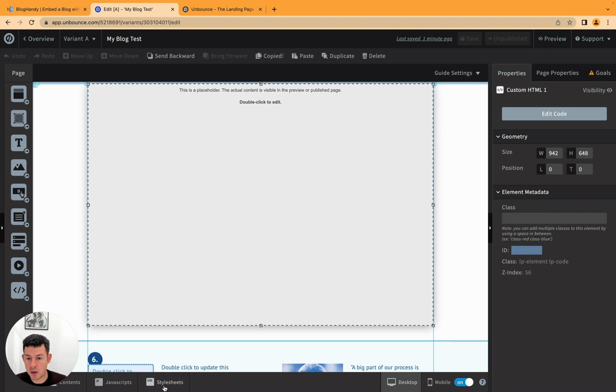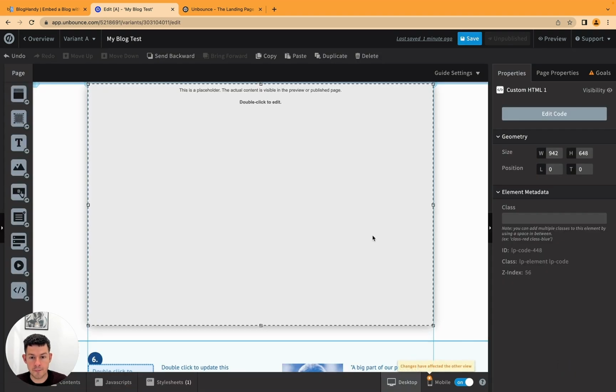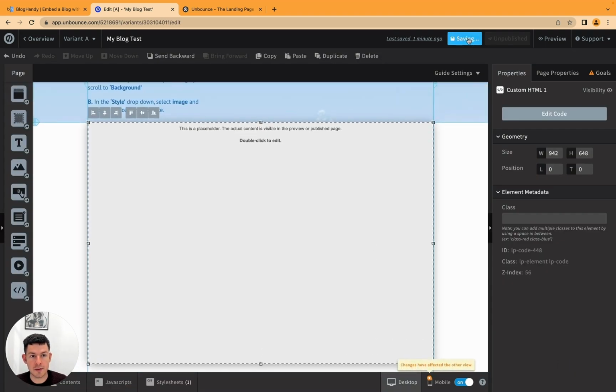And then we have to go at the bottom under style sheets. And here we have to write style. Then the hashtag and this ID. And then overflow, scroll, close it, and close the style. This is the code we need here. Then just click on done, click on save,